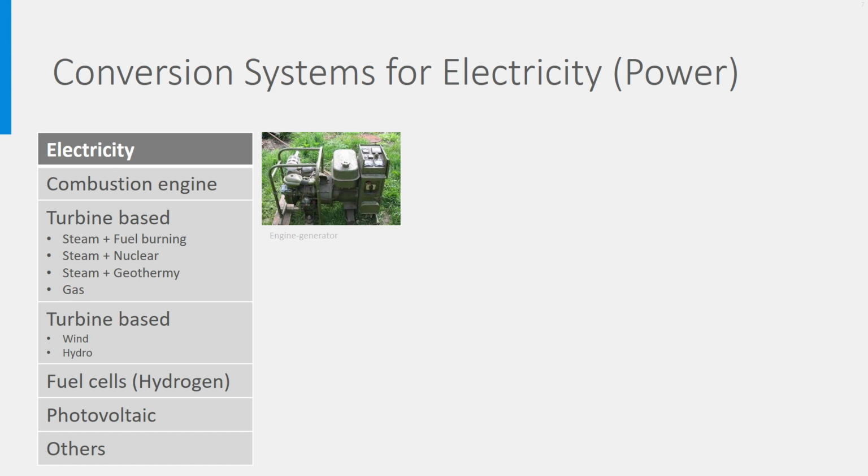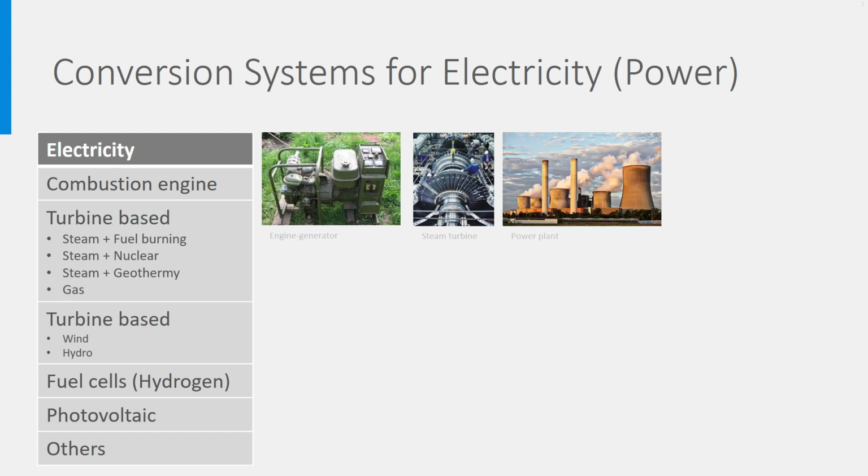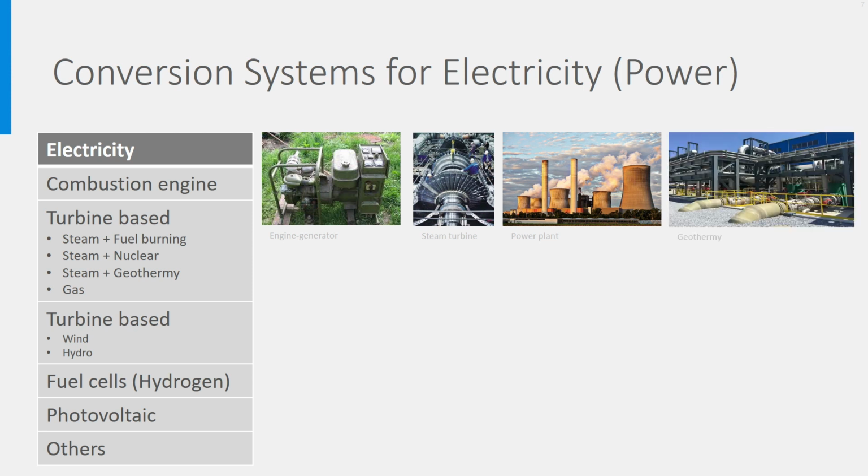As for the large power plants, most of them are turbine-driven. Turbine technology is used to generate electricity in a generator. The turbine may be powered by high-pressure steam or gas obtained by burning fossil fuels like oil, coal, gas, but also municipal waste, biomass or biogas. Instead of burning fuel, nuclear energy can be used as well. Steam can also be obtained from geothermal energy.